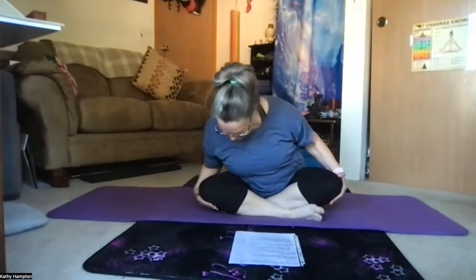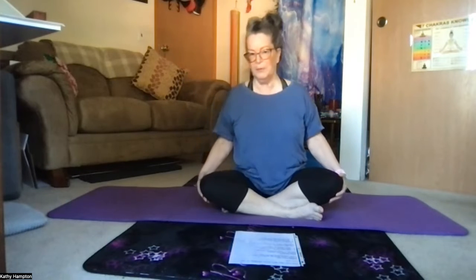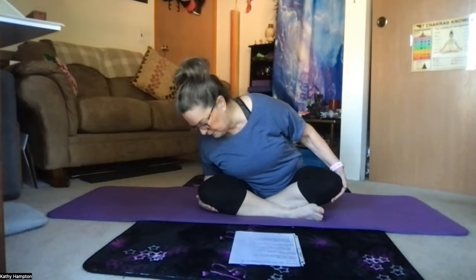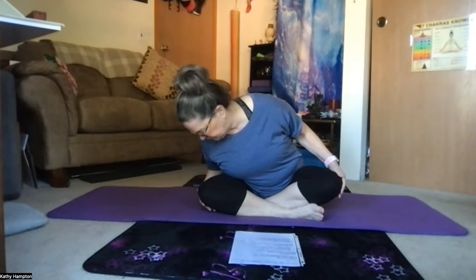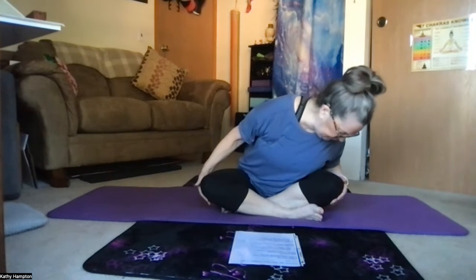Straight across to your right knee, and then up. When you go down, just go down as far as you can. You don't have to go down all the way. Do it again. All the way down, well, as far as you can to your right knee, keeping your shoulders back. No hunching. And then straight across to the left knee,